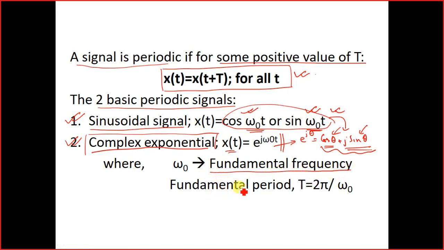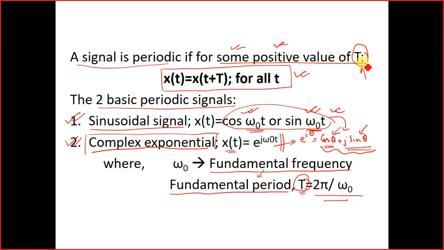Okay, and from this fundamental frequency, we can calculate the fundamental period, where capital T is regarded as the fundamental period, and this is equal to 2 pi by omega naught. So what is this T? T is nothing but, if you look into our first line, it is some positive value of T. So what is this T? We just discussed that fundamental period. That means